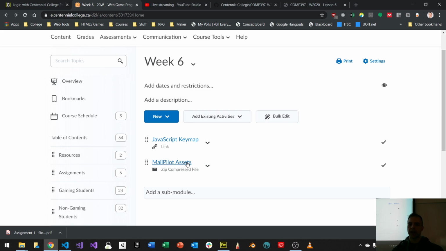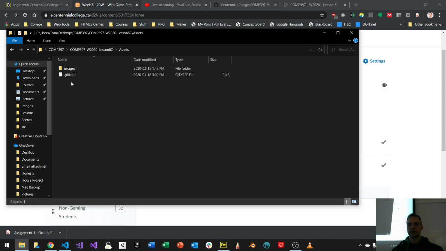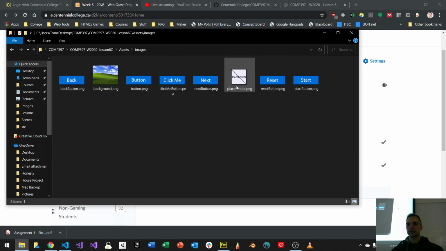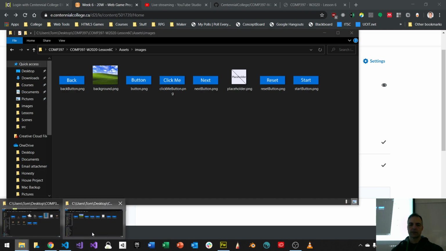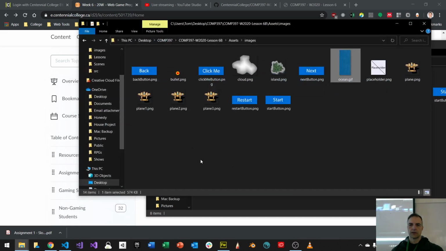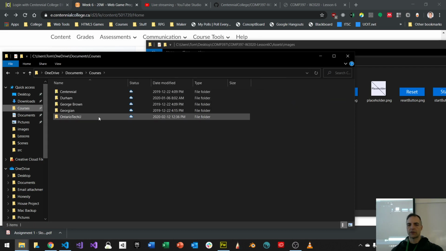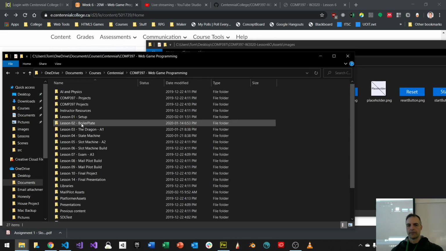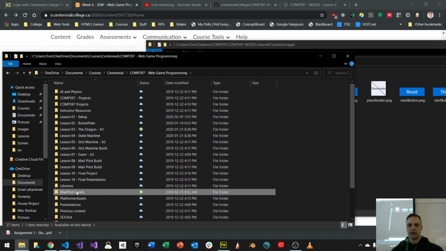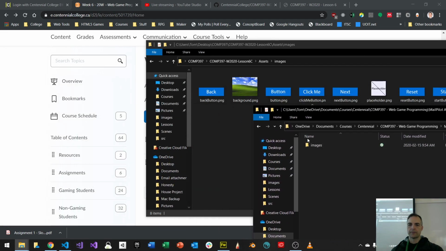If you notice, if I download the assets, I'm going to put them inside of my assets folder. Right now I have a few images in my assets folder, but I want to add some more. So if I go to that spot, okay, this is what the new stuff looks like that I'm adding in. If you download the stuff that I've given you, that's under my assets, what I've shared with you, this assets.zip on eCentennial, you're going to get